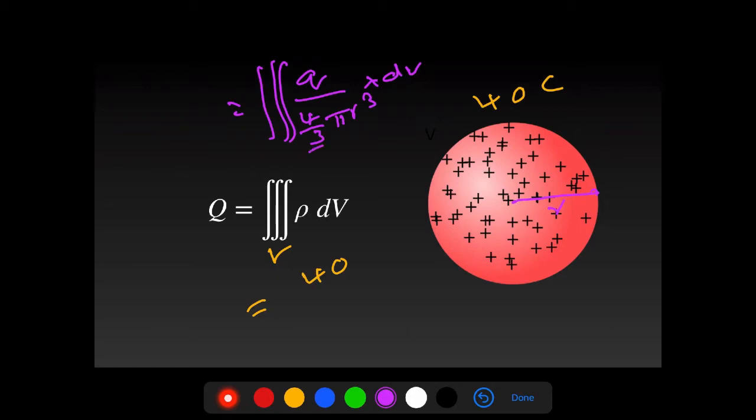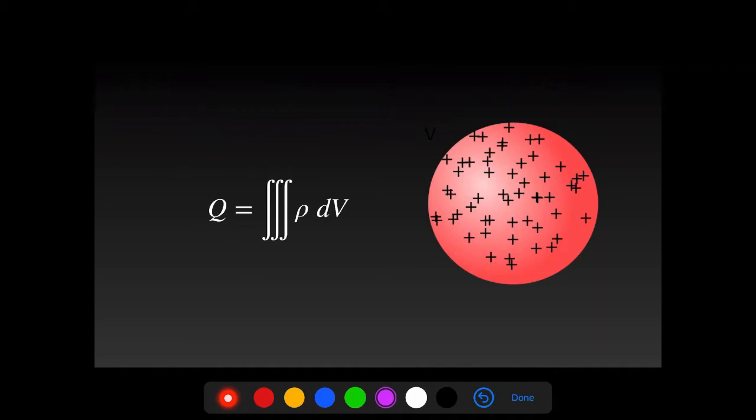So here the values we have to make it like this. So 4 by 3 pi r cube in q, like that way we will solve this problem using integrations. So as a whole there will be a volume charge density rho